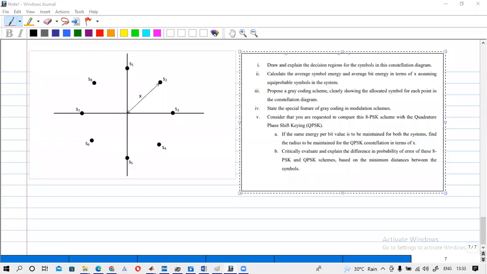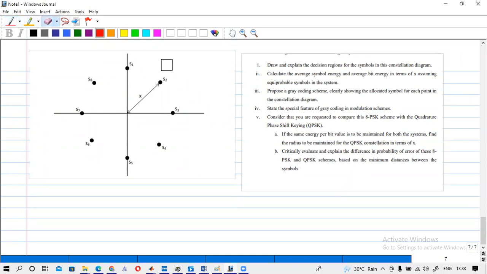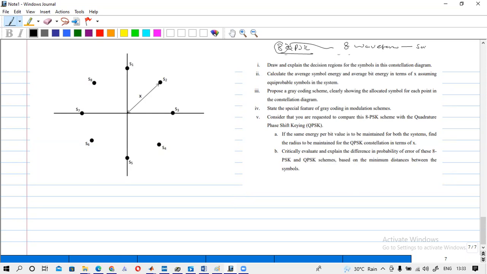Okay. So here we are given an 8-QPSK signal. That means we will have 8 symbols, that means 8 waveforms, and each waveform has the same amplitude,